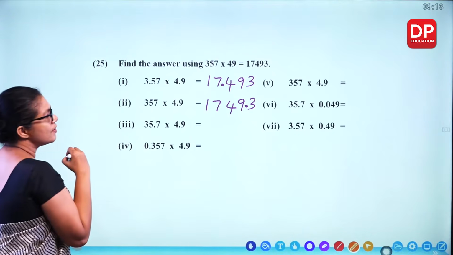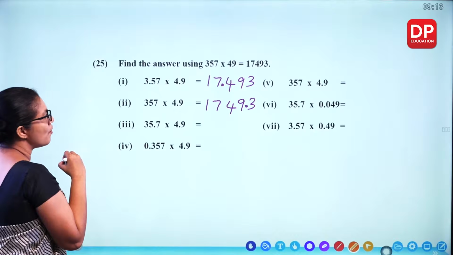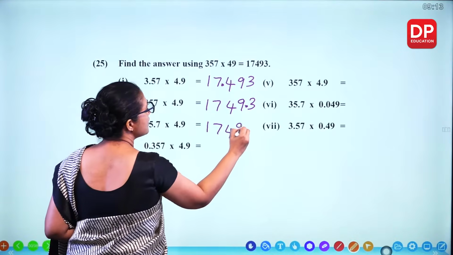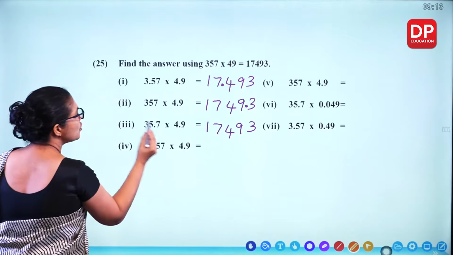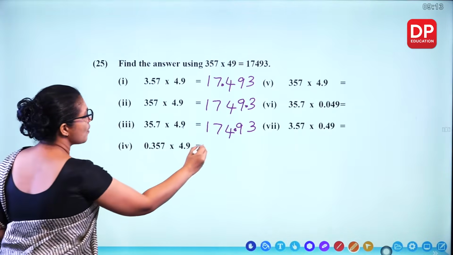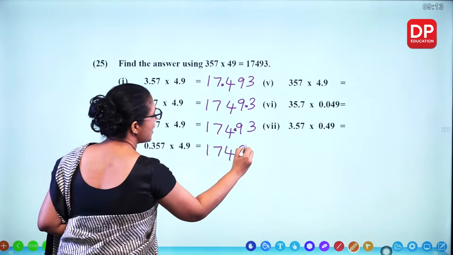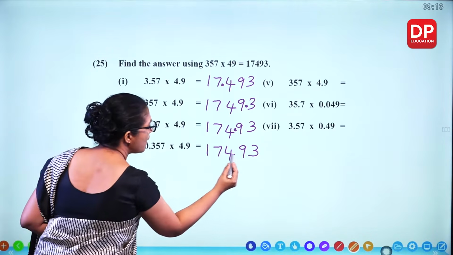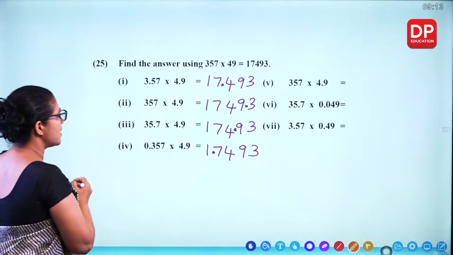So this is the answer, 1749.3. 17493 is there. 1, 2. So the decimal point is here. 17493. 1, 2, 3, 4. 4 places. So the answer is